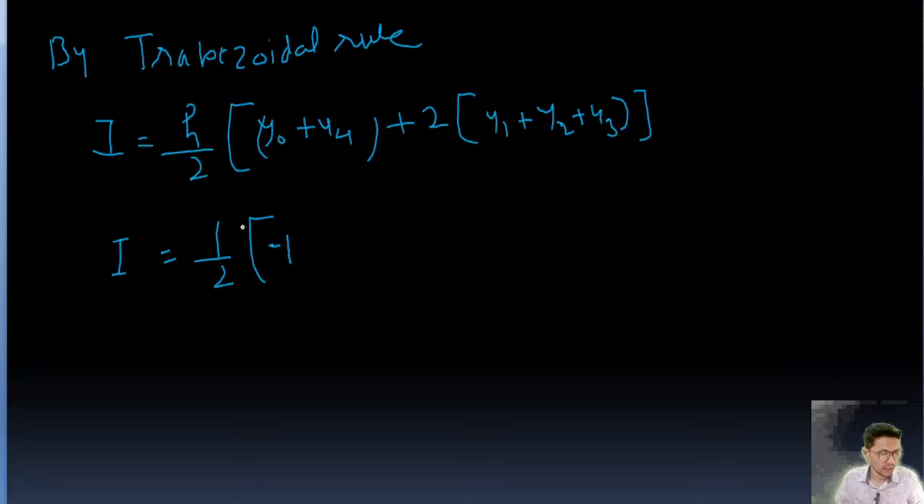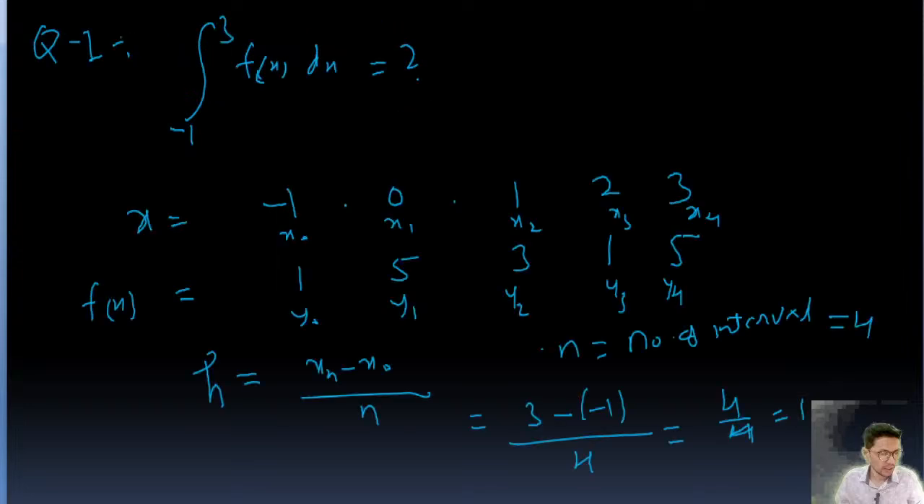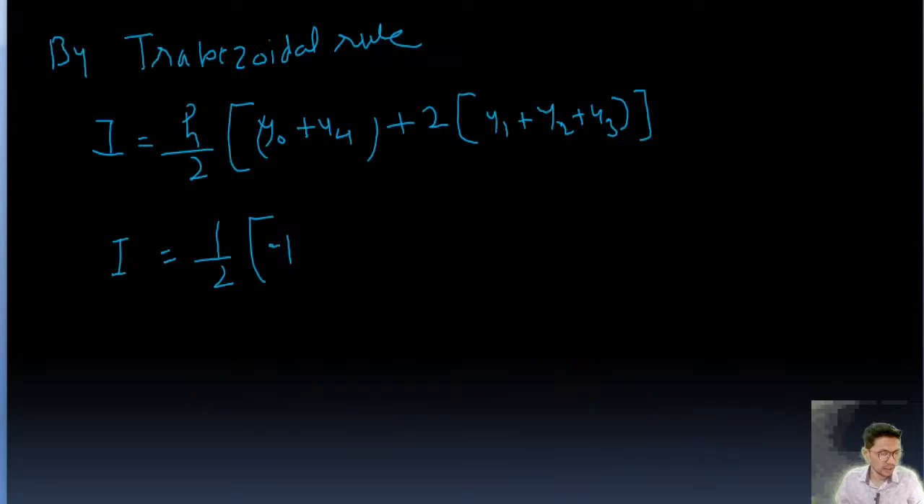Minus 1. Have you made any mistake? Let me just check. Okay, this is y naught. Yeah, y naught is 1, guys. Not, this is x naught. Okay, so y naught value is 1 plus